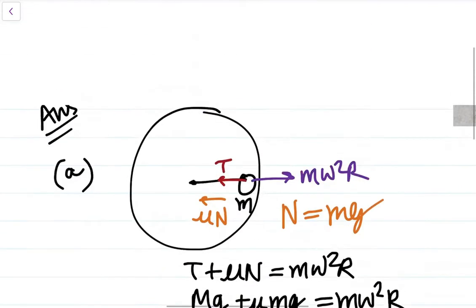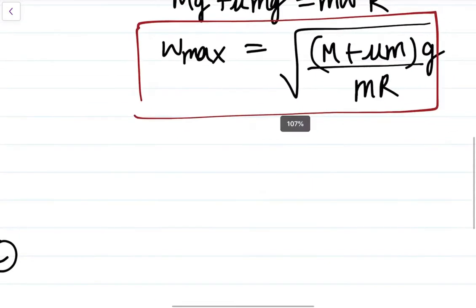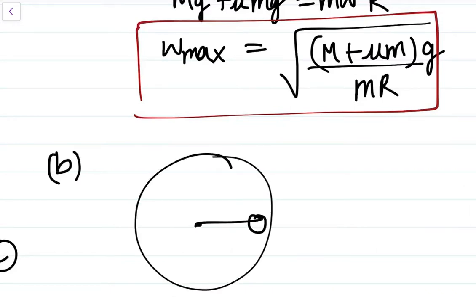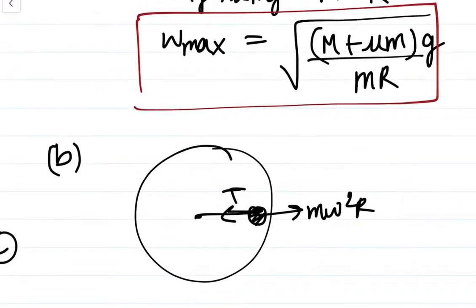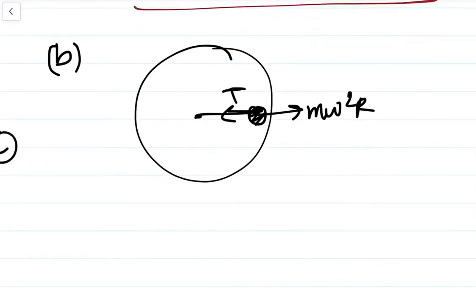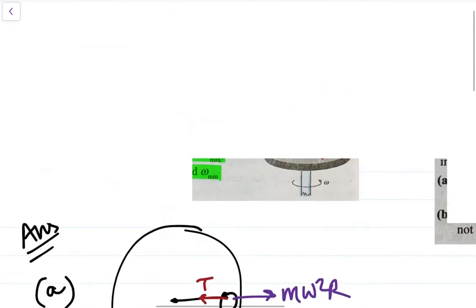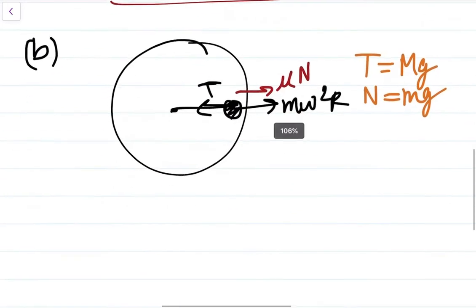Now for the second equation, we have to find omega minimum. So it is pretty clear what we have to do. In this b part, the tension will act here and m omega squared r is radially outwards here. Now this is the omega minimum, so it will have the tendency to slide inwards, but friction will prevent that, so it will obviously act in the outward direction. And obviously, like the previous case, T will be equal to Mg and normal will be equal to small mg, just as we did here and here.